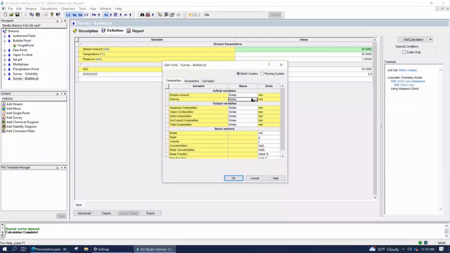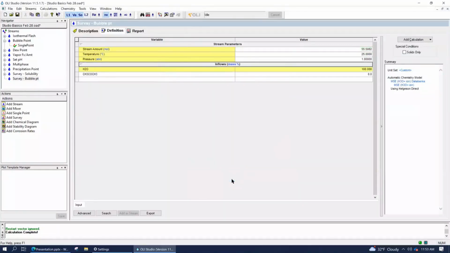Change this inflow from mole to mass fraction. That'll change the inflows to mass percent. Now press OK. And now the system is essentially starting out at 100% water, 0% acetone.